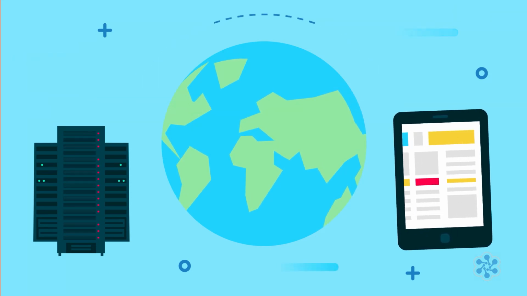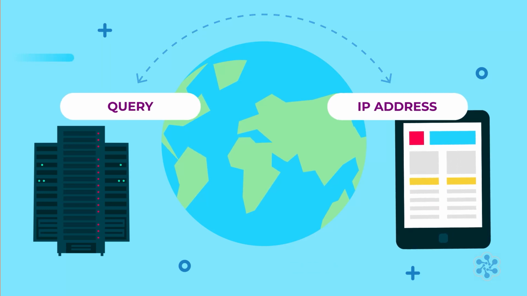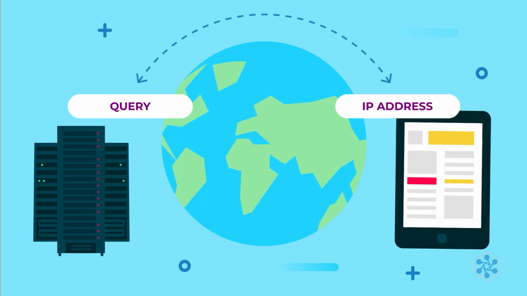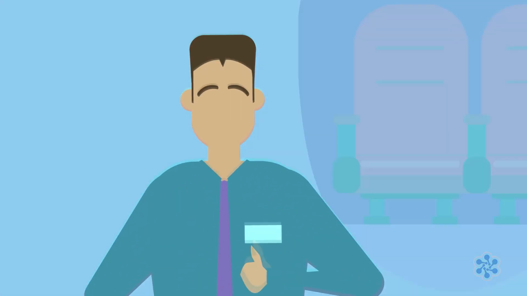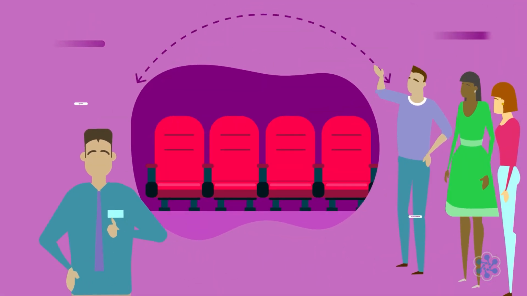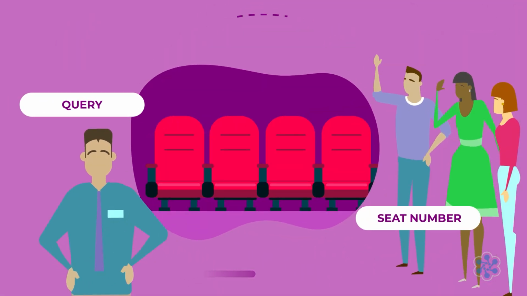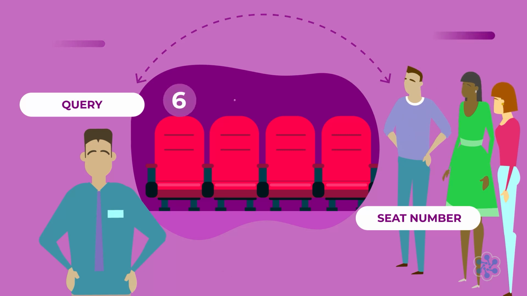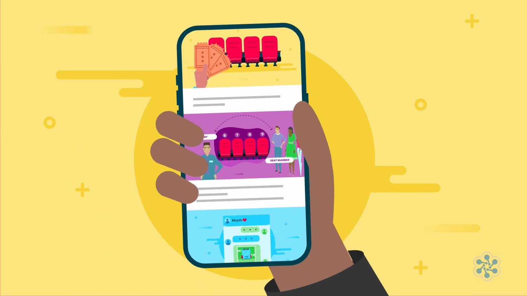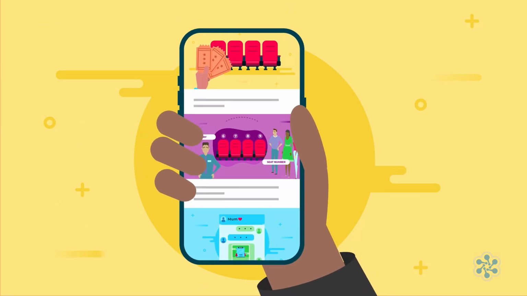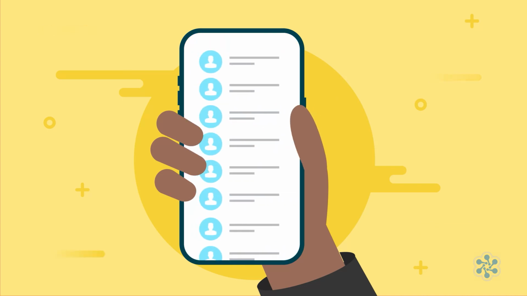DHCP servers give the DHCP clients an IP address. The DHCP server in our story is the theatre clerk, and of course, Nicola and her friends are the DHCP clients. When the clerk gave them each unique seats, it was like a DHCP server giving a device an IP address. When they registered their names against their seats, or in other words, their IP address, they were registering with